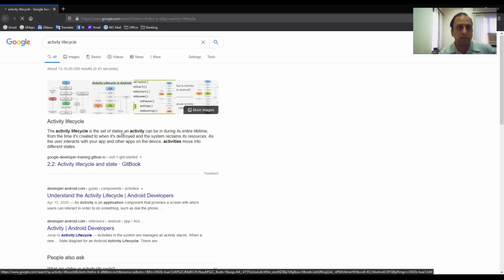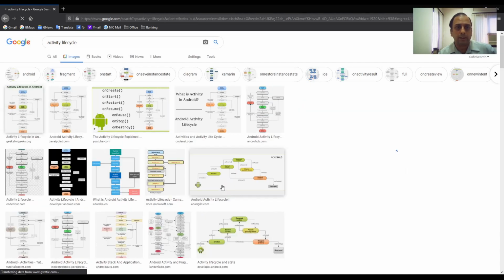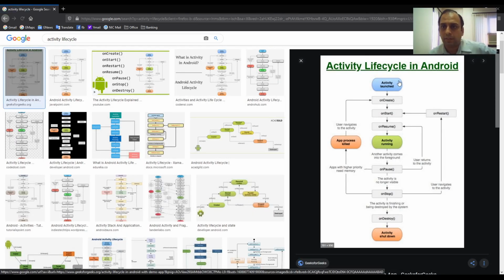Activity life cycle, and if you see the image, these are some of the functions. Whenever the activity is launched, the first function to run is onCreate. Means this function will be running when the activity is created. That is the first function. After that, onStart will run. After the activity is created, it is started, and after the activity started, it is resumed. So after that, onResume will run, and then the activity will be running.